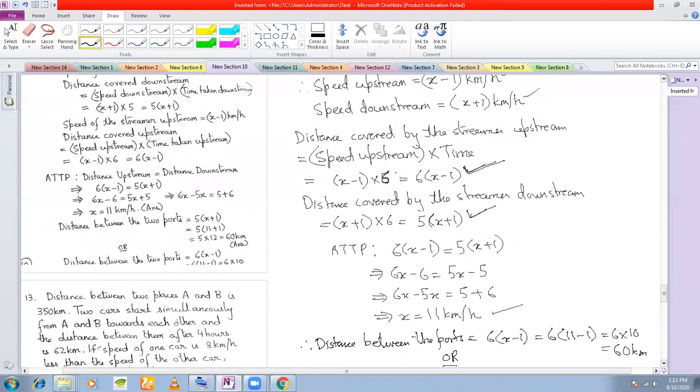The only mistake that I had made was that I had interchanged the time. In fact, the time taken upstream is 6 hours, not 5 hours. Obviously, it will be more. Okay, and the time taken downstream was 5 hours. So that is why it became 5 times x plus 1. Okay, so if there are no